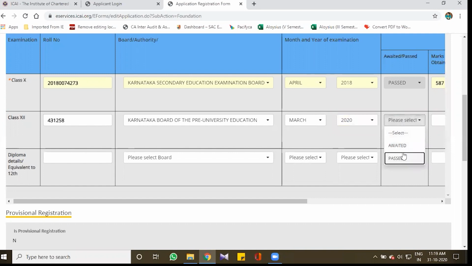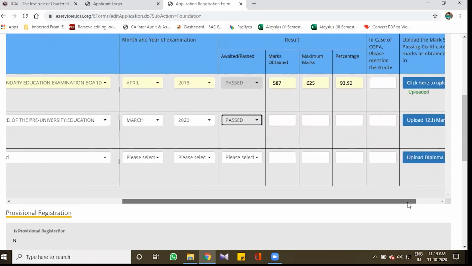Same procedure as earlier. Here you get the option to choose pass or awaited. That is, if you're waiting for your results, you can select the option awaited. You do not have to enter the marks later on. In case you have already cleared, select the passed option.